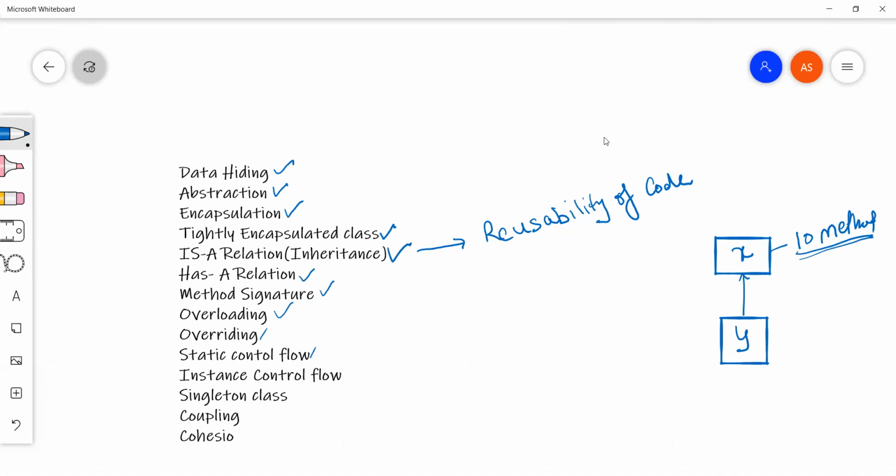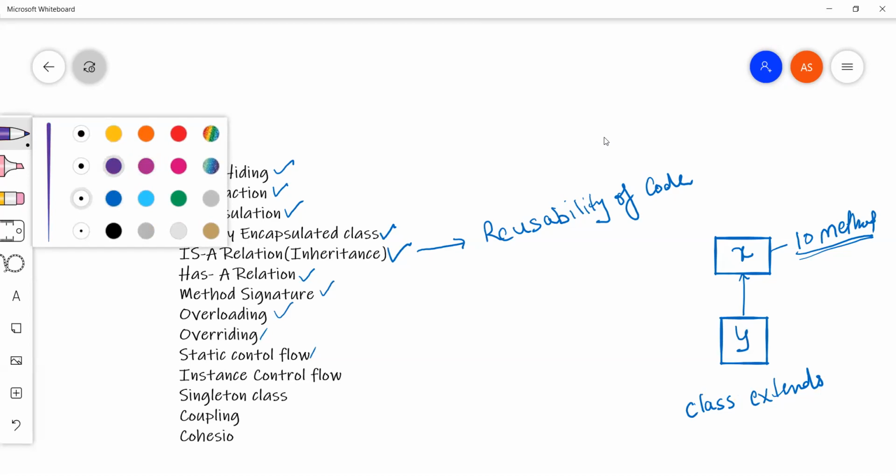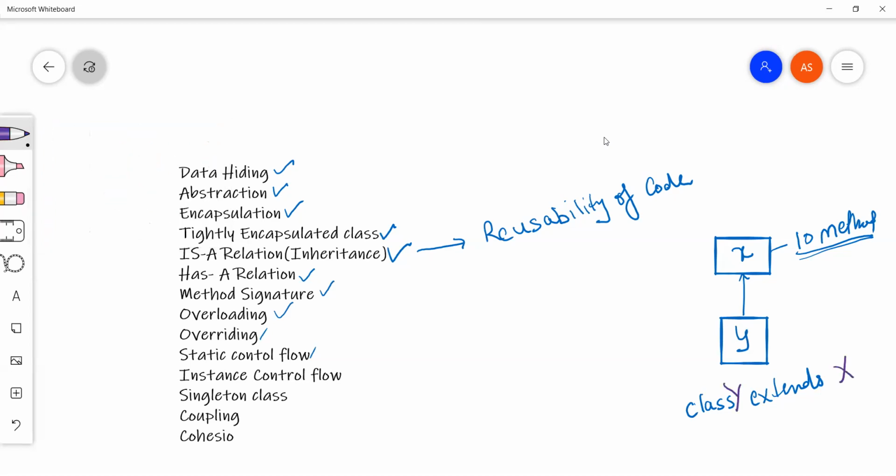So what we can do is we can say class Y extends X. So whatever we have in this X class, these methods would be available to the Y class. We don't really need to write these 10 methods again here. These 10 methods by default will be there. That means we are inheriting properties or methods from the parent.